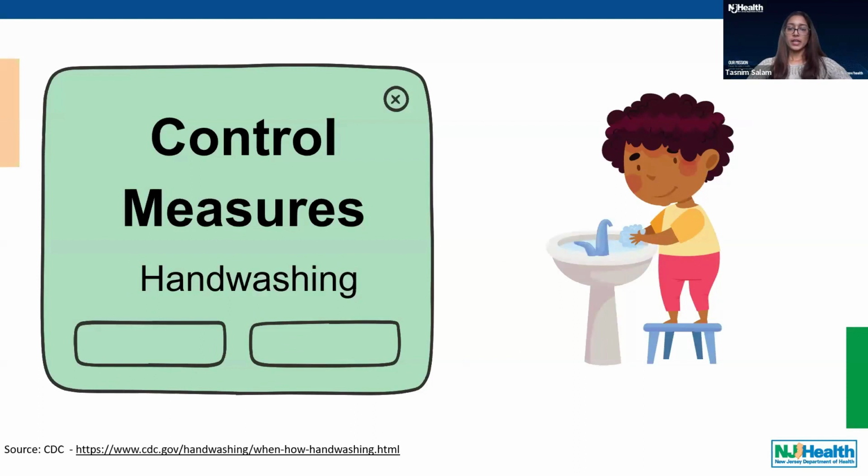Since norovirus can spread from stool to mouth, or the fecal-oral route, and by contaminated objects and surfaces, another good way to prevent spread is by practicing good hand hygiene. Hand washing with warm water and soap for at least 20 seconds is the best way to prevent spreading norovirus. Singing along to the happy birthday song twice while washing hands is a fun way for kids and students to scrub and rub their hands for 20 seconds and get rid of any germs.